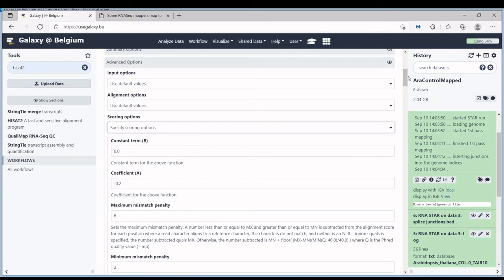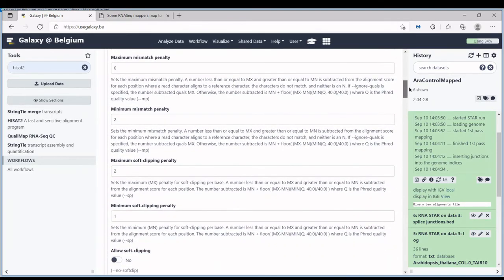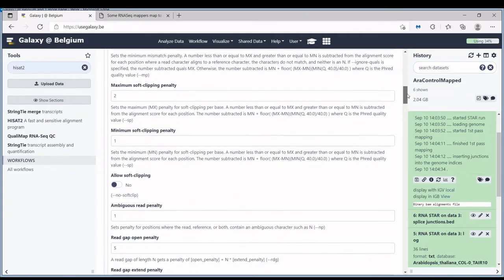So you have the mismatch penalty. And as you can see here, you can also set penalties for soft clipping. You can also completely disable soft clipping. STAR also allows that, to disable the soft clipping.